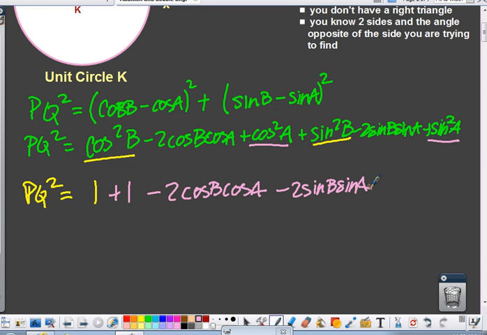Well, we still have PQ squared here, and the goal is not to have PQ squared. We want to find the angle because these are addition formulas for angles. So the next step is we just want to have this formula written with cosine and sine, right, inside and nothing else. So if we look back up at our unit circle,